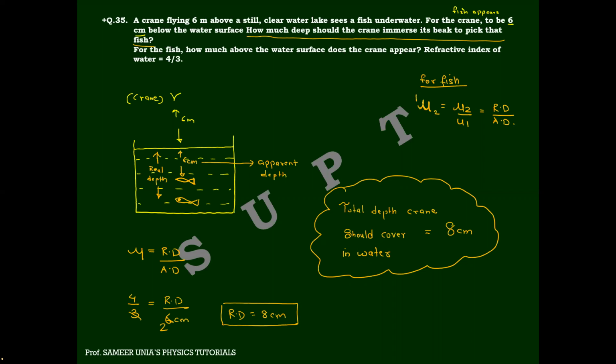and where are the rays reaching? In this case for the fish, where are the rays of light coming from? Rays are coming from the crane, na? So which will be the second medium and which will be the first medium? रेस कहां से आ रही है बेटा, वो आपको देखना पड़ेगा ना।